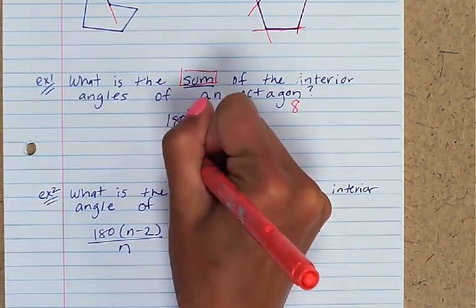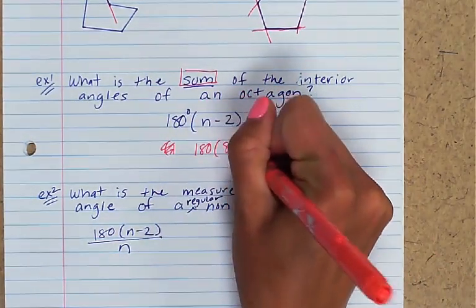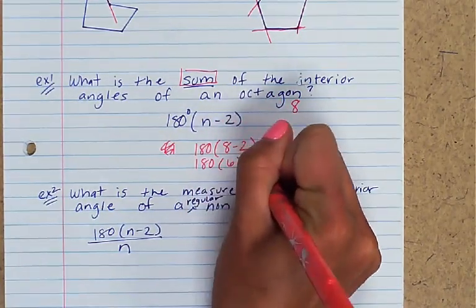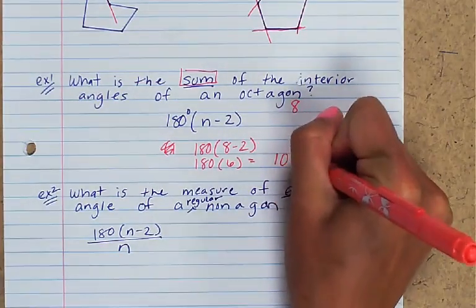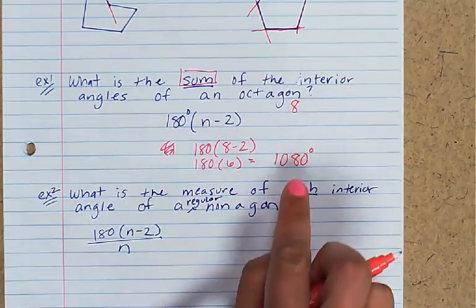So you just do, oops, no parenthesis there, 180 degrees times (8 minus 2). So we're going to do 180 times 6, which is 1,080 degrees. So if I added up all 8 angles in any type of octagon, this is what they have